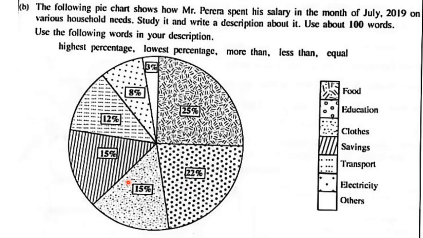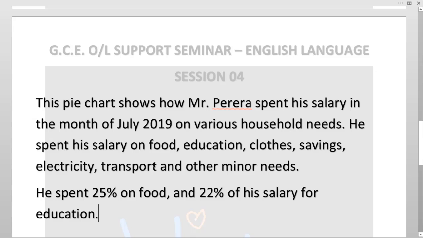Now I'm going to say about these two. You can write in any method that you like, my dear children. I'm just following one particular method. There are hundreds and hundreds of methods how you can write that. You can start with the highest percentage, or you can say the lowest percentage, or it is up to you. But I'm just going to start with the highest and go through the circle or all these portions now. So I have completed these two. I'm going in an order. I'm going to compare these two, right? So this is clothes and what? Savings. These are equal, right? So I can say